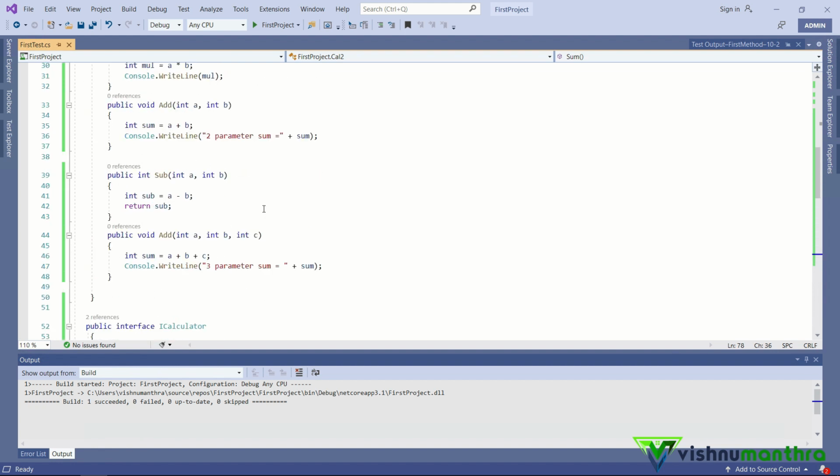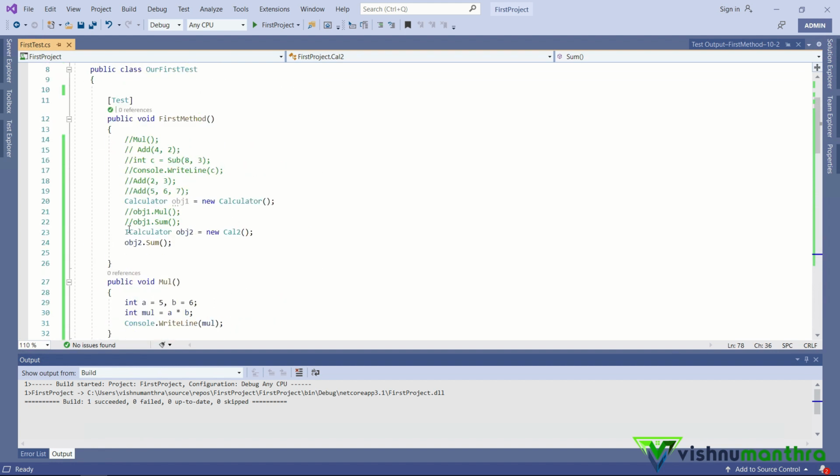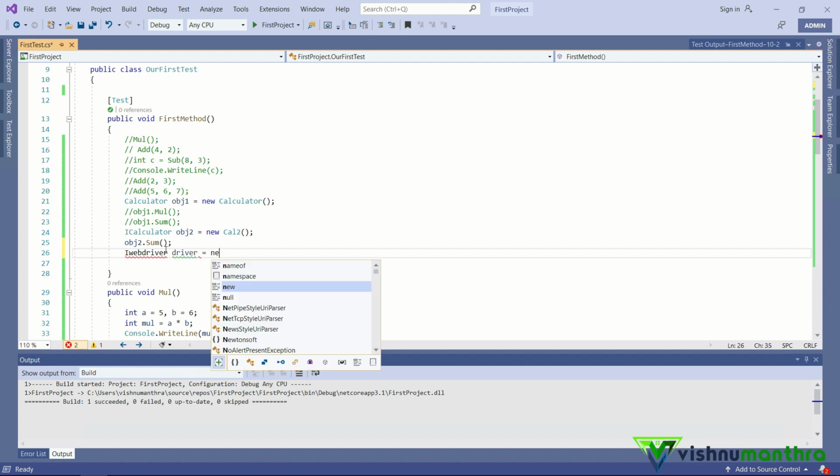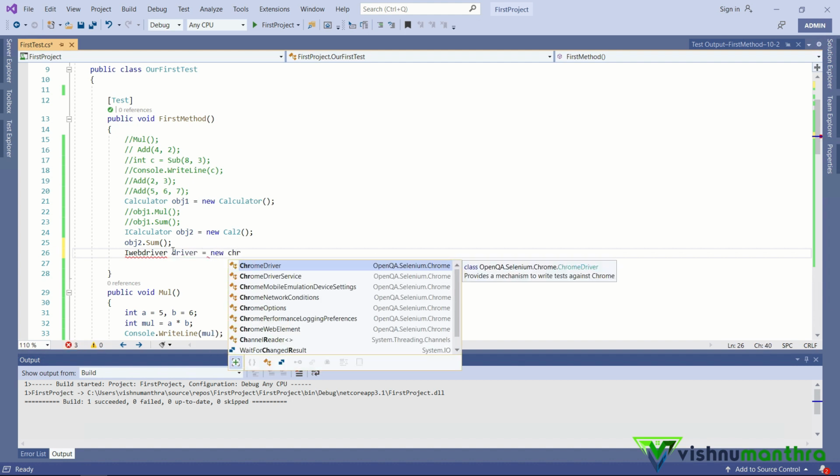Right, so what did you see? You can see that I have this interface and I have an object with a different implementation of the interface method. Okay, so where can we see an example of this? When we saw our Selenium test, right? iWebDriver driver is equal to new Chrome driver.